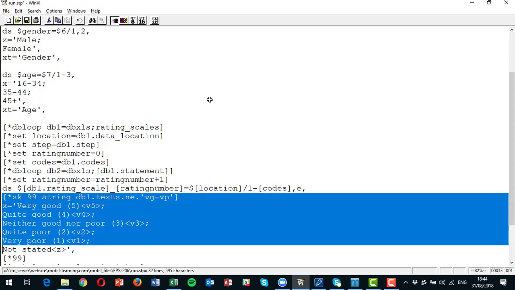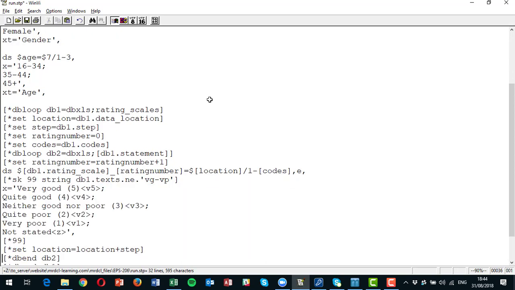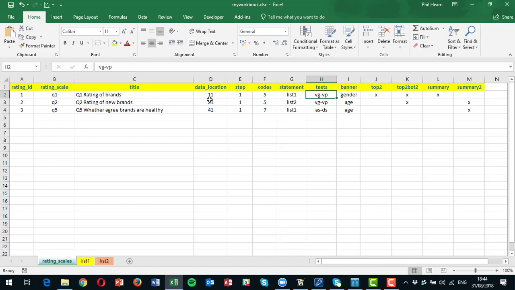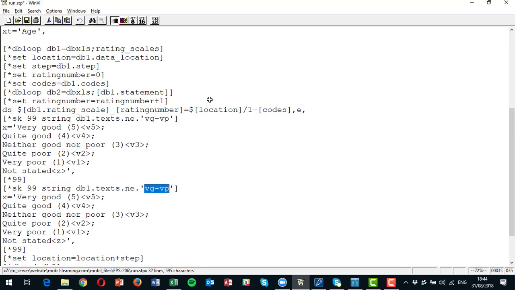It hasn't given me the labels though if I want the agree strongly to disagree strongly, so I need to have another set of labels in here for that. Let's go back and check. They're called ASDS, so let's change that to ASDS. Now that was agree very strongly,